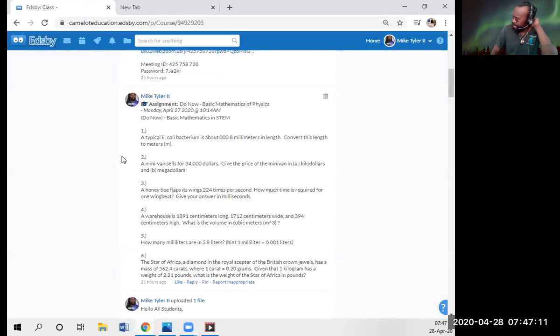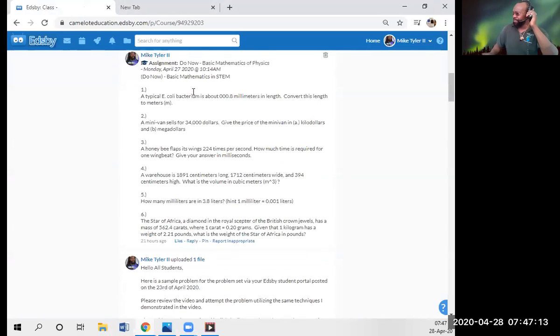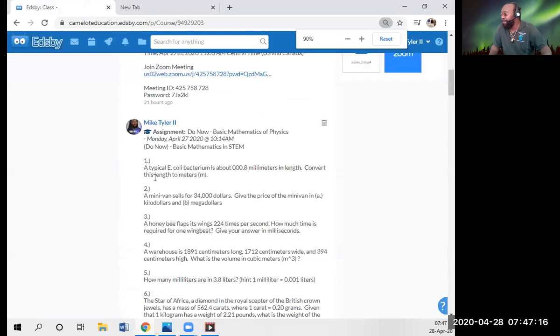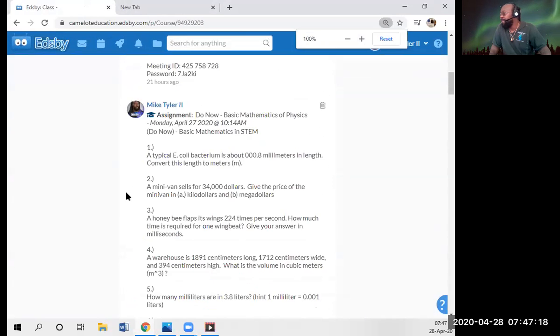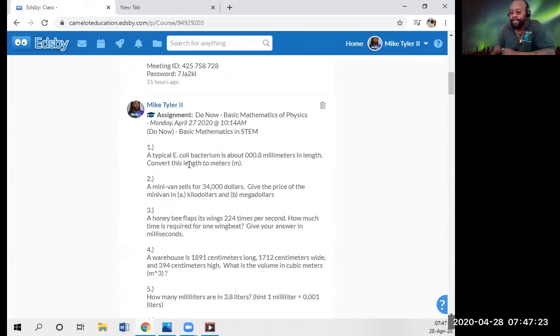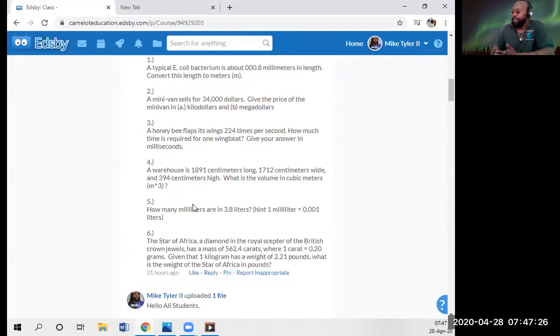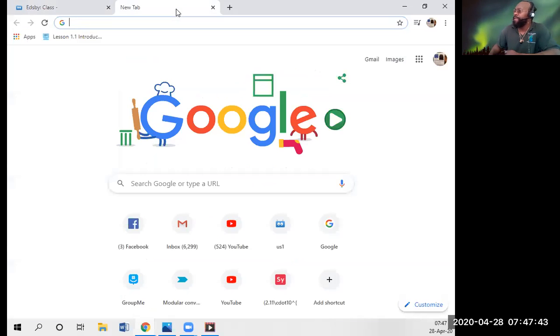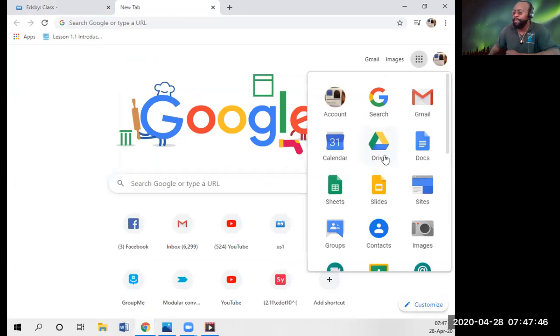I'm referring to the problem set, which is here. I don't know if I can make that bigger for you. That's a little bit bigger. There we go. It's to do with basic mathematics and physics, and it goes over a problem where I changed the values, but the problem is not changed from last week. If you need help finding that, we can discuss that later. But what I want to jump into now is problem 4. If I can, I'm going to try to retrieve the document we used from yesterday's meeting.